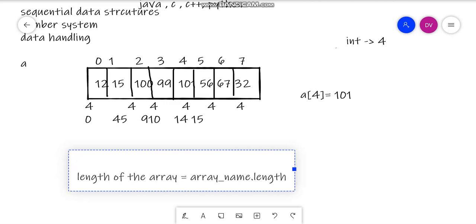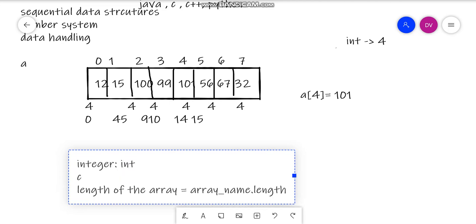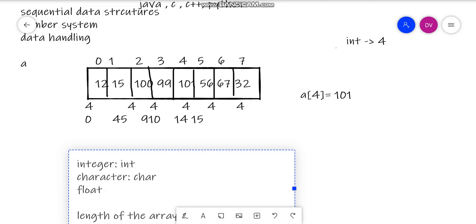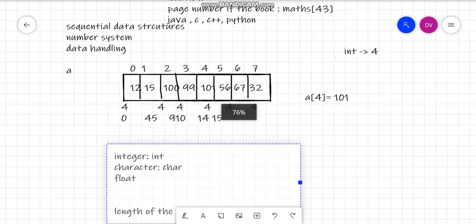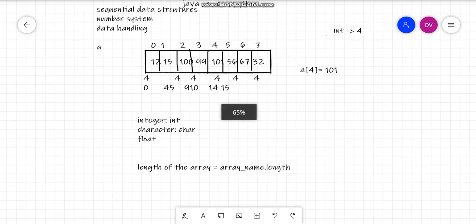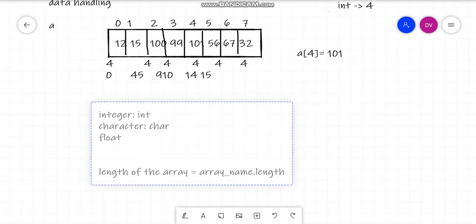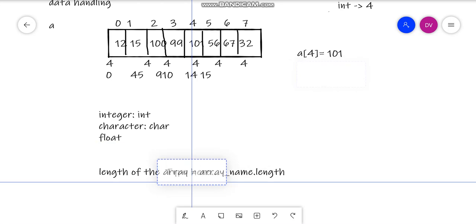If I want to initialize an array, there are data types: integer, which we represent with int, character with char, float meaning decimal, and many more. Suppose I want to make an integer array.